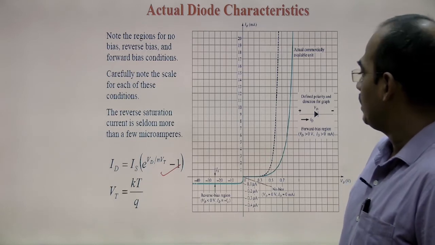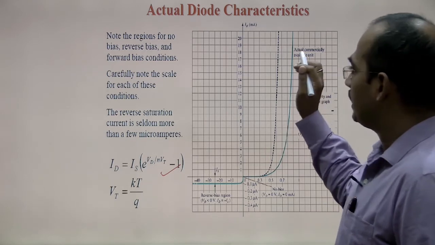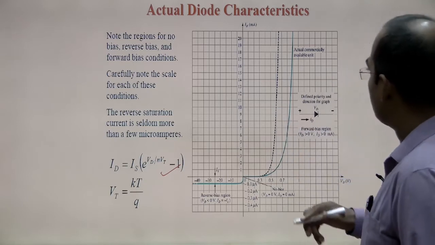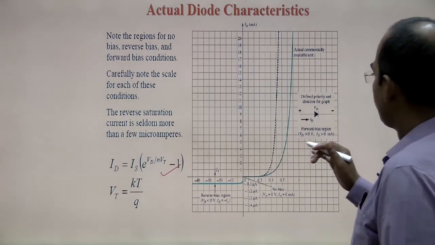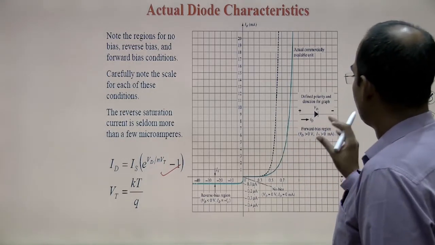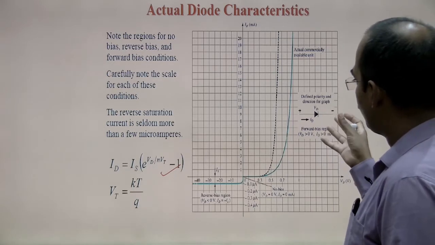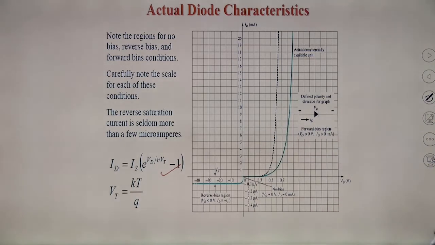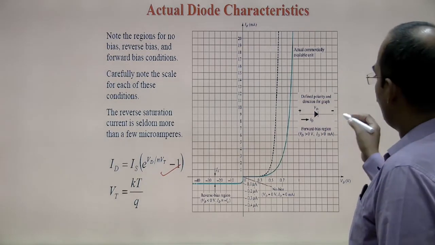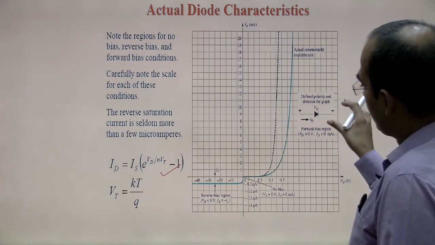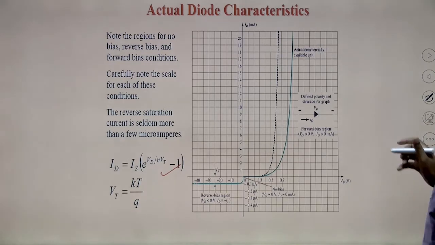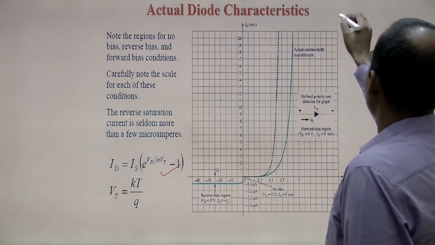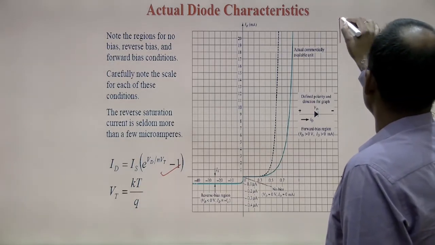measure, how can we draw the VI characteristic in the laboratory? The simple circuitry is for measuring the voltage across the diode and the current flowing through the diode. Voltage can be measured by the voltmeter and current can be measured by the ammeter. So what we have to do in the laboratory, we have to connect the forward bias voltage